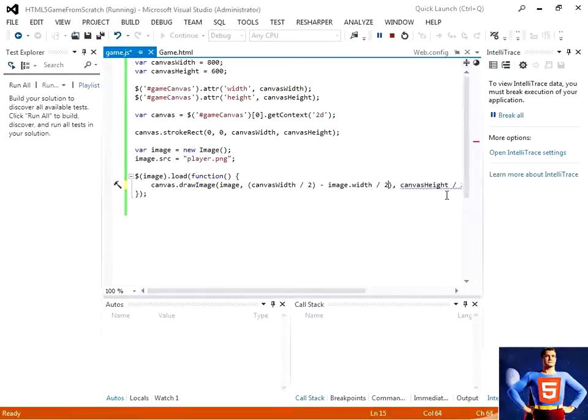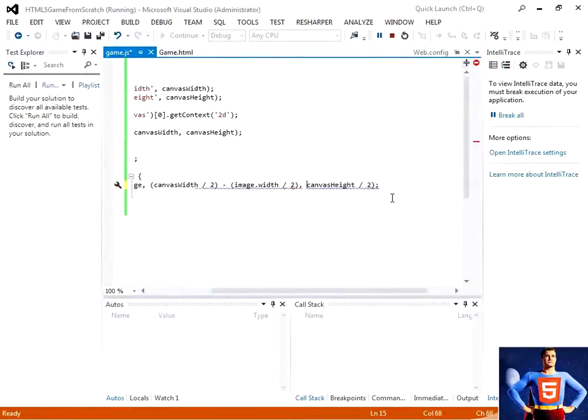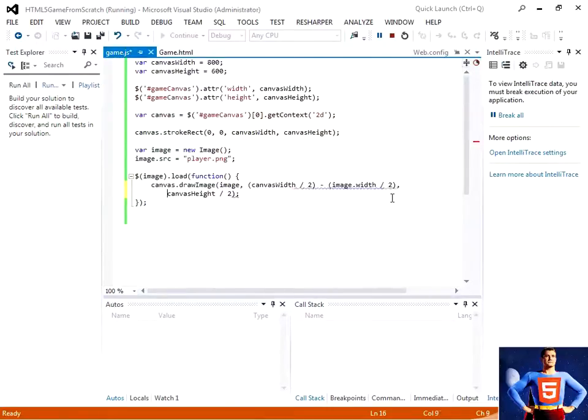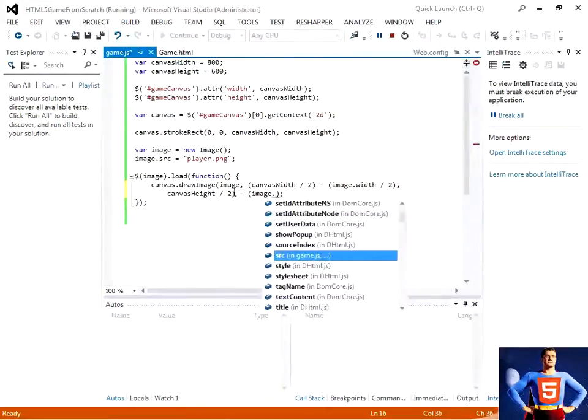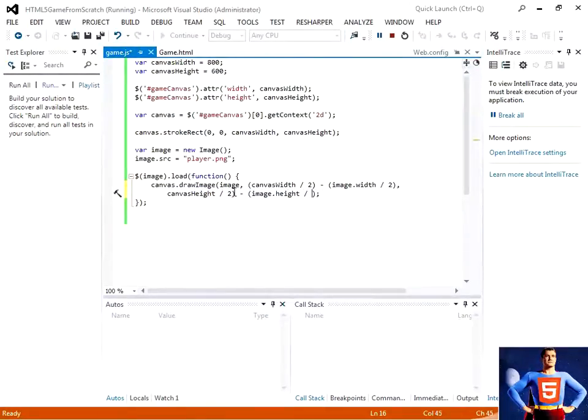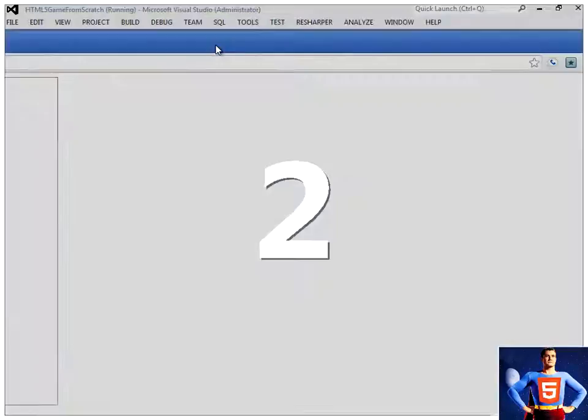So half of that. And then the same thing here for our height. So let's go ahead and move this onto a second line. And then we're going to take from here, we're going to subtract our image.height divided by 2. So now let's go ahead and add our parenthesis here, and this one over here. And now if we go ahead and save this, and we refresh our page,